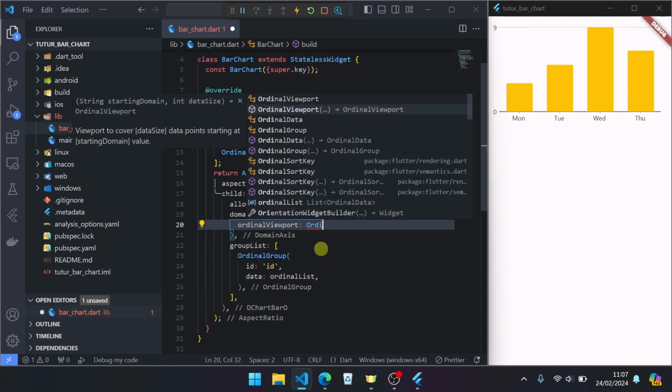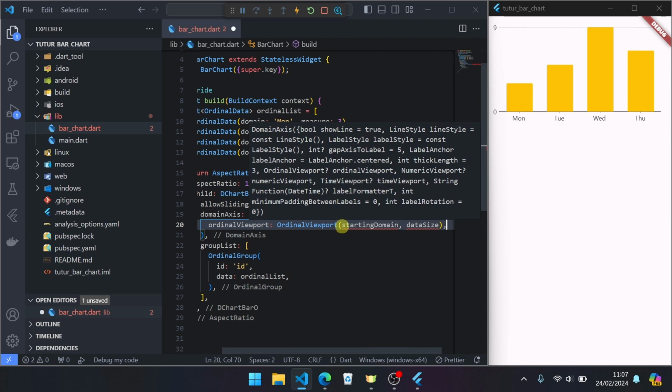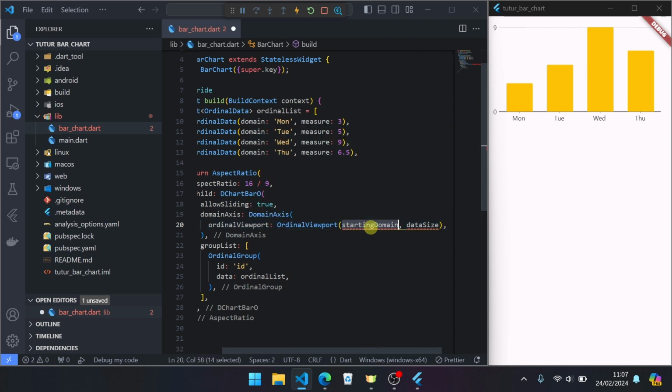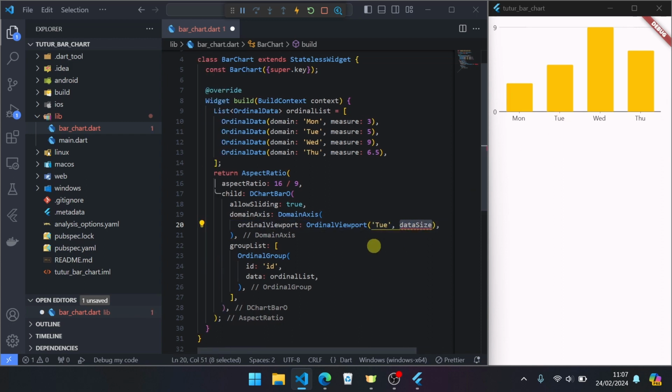Ordinal viewport, starting domain. We choose from Tuesday, so we can create here 2, and data size: how many data will be shown in the initial viewport? We set to 2, so the data Tuesday and Wednesday will be shown.